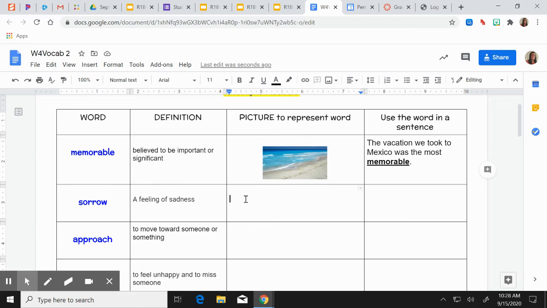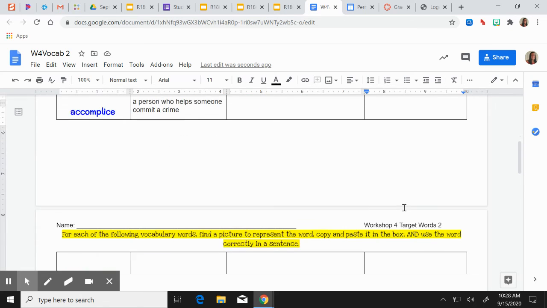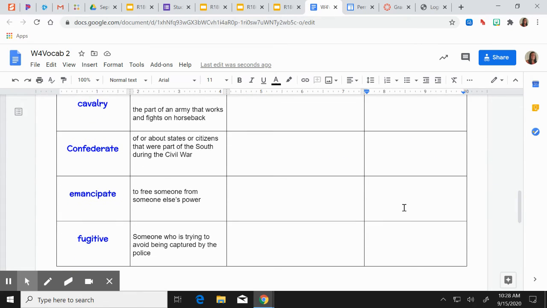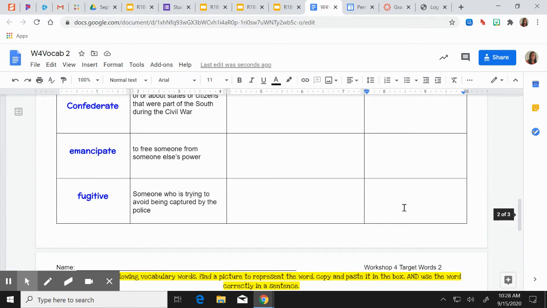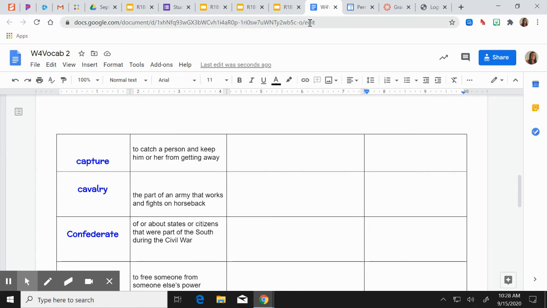So it is your job to go through. Some of you last time just gave me another definition here. That's not what I want. I want you to use it in a sentence like I've done here, okay? Pictures and a sentence for 10 of the words. So take your time. Good luck with that. And then when you're done,